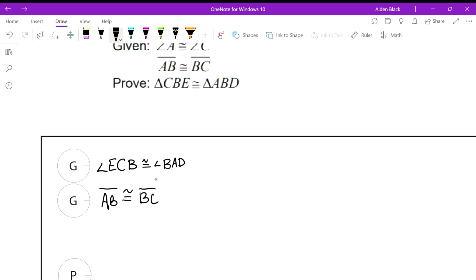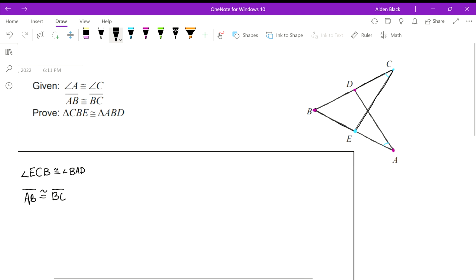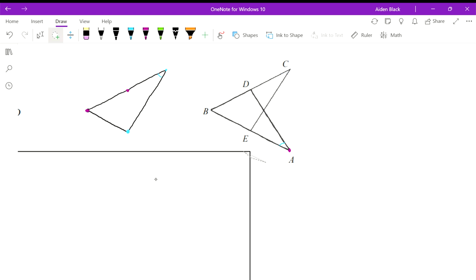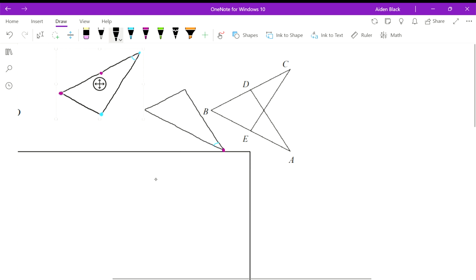Now I'd say it's good practice to, just like I did with the angles, show what is congruent in terms of side lengths. So separate these out, put them right here. Move them over a little bit, just so we can really see